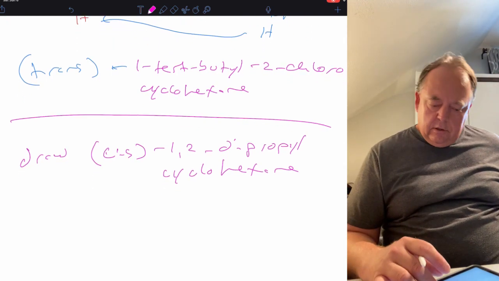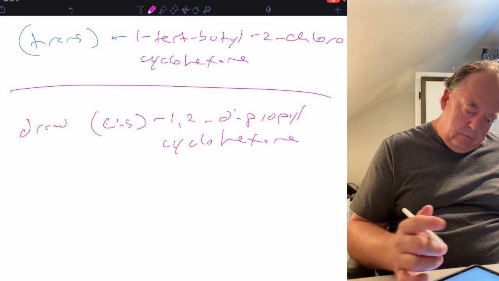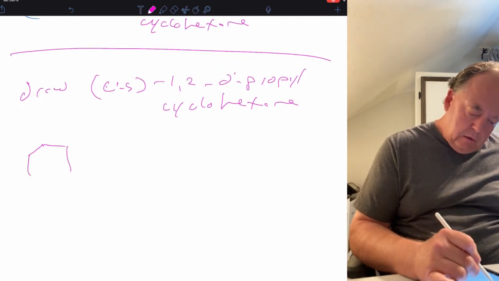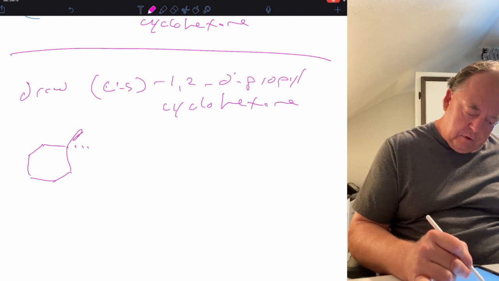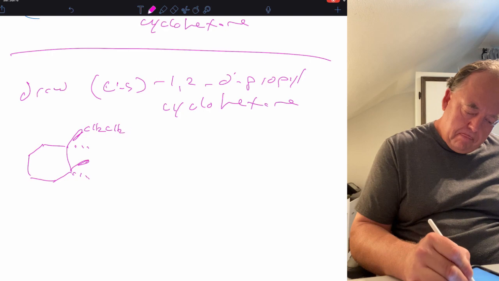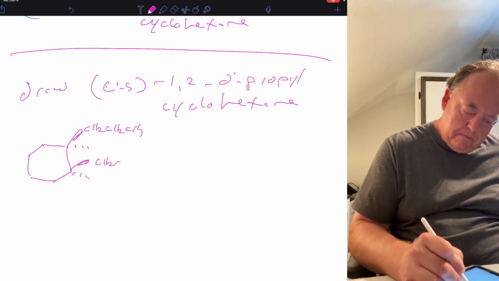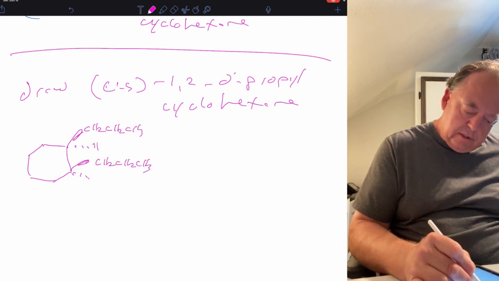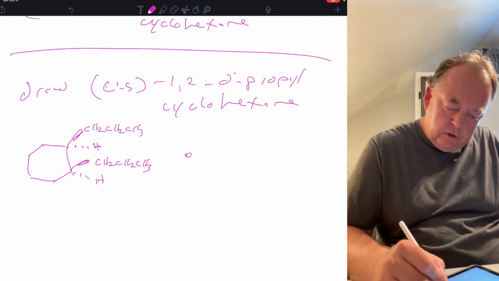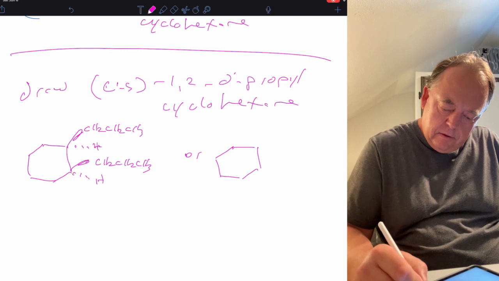So if you're going to draw cis, we could draw it one of 2 ways. We could just use the dashed wedge structure. So since cis, they both have to be on a solid wedge or both have to be on a dashed wedge. So you could have drawn that, or